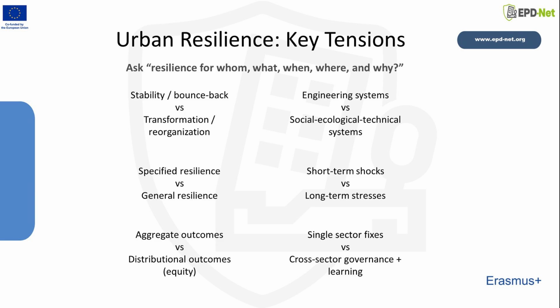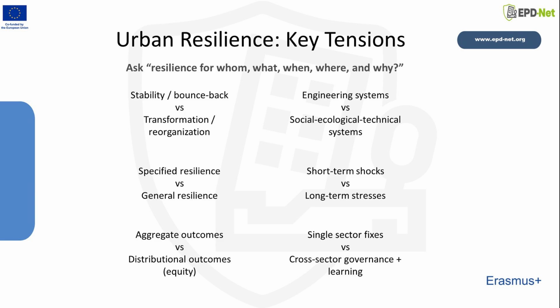In some cases, the goal is to maintain critical functions and recover quickly after a shock. In other cases, the better response is transformation, especially when existing urban systems are already inequitable or environmentally unsustainable. Another tension is between engineering views of resilience and broader social ecological technical perspectives. A drainage network can be resilient in one narrow technical sense, yet the wider urban system may still produce unequal